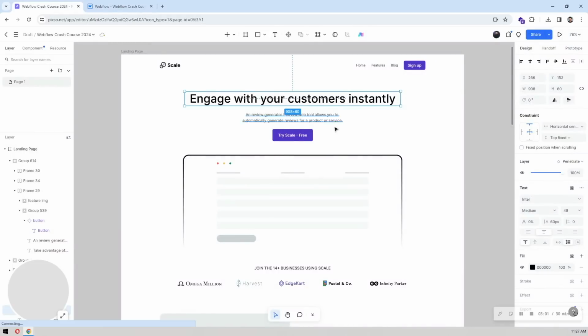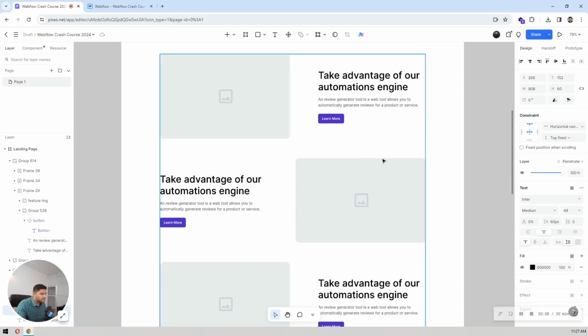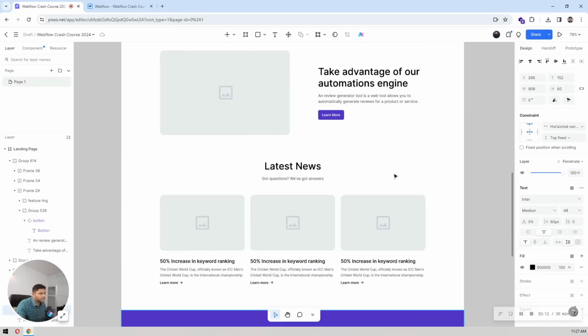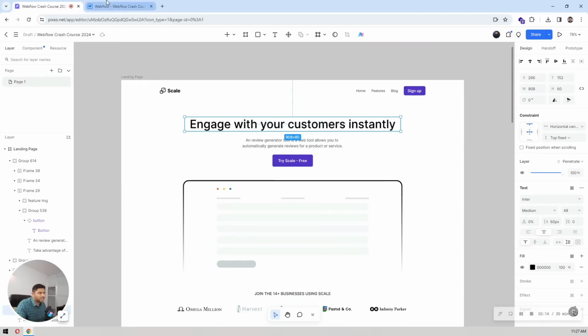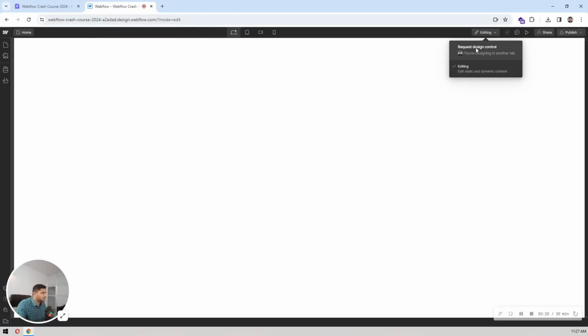So this is my process when I'm building any website. This is how I build. I add the font first, and then export all the images. Let's say here we have a logo as an image, here we have logos of our clients, here we have blog images. I export all of the images and add them first, so that I have everything in place just to start